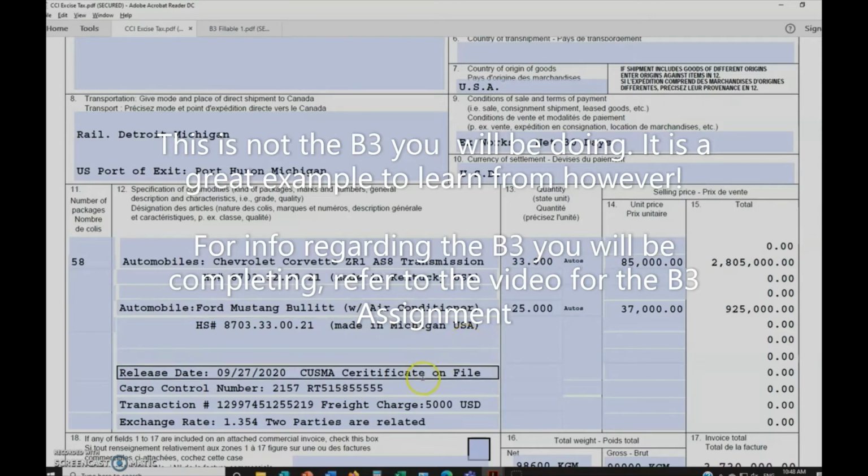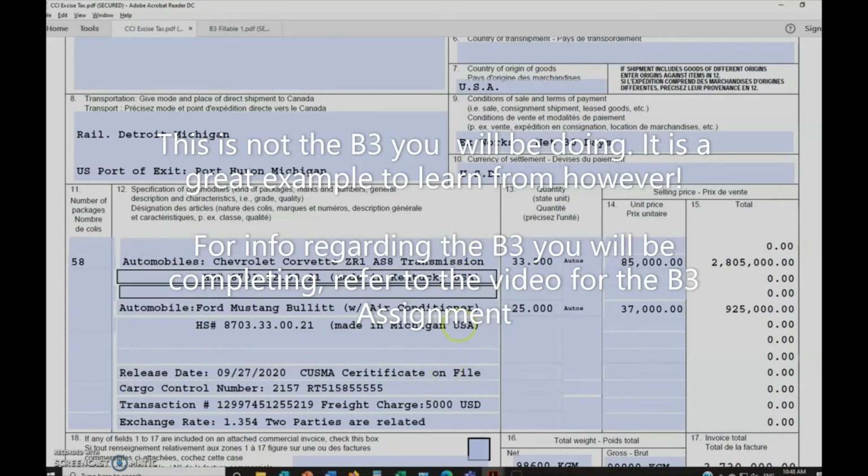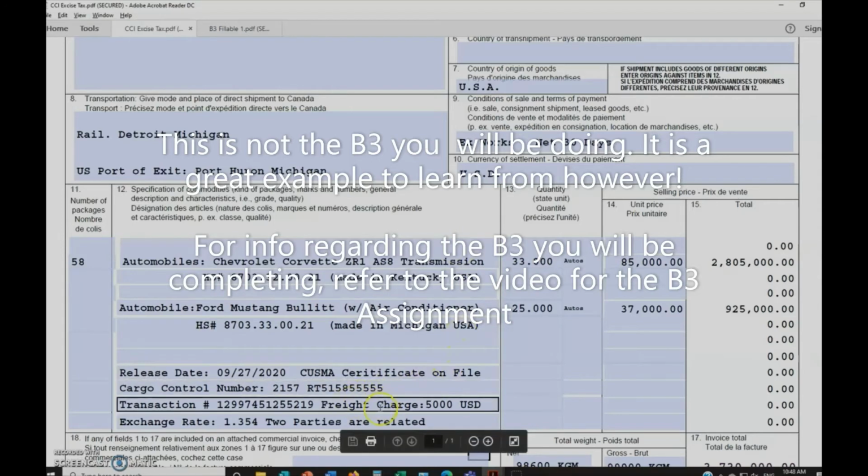we got the release date. We've got a CUSMA certificate on file. That means the goods qualified for the Canada-US-Mexico agreement, which replaced NAFTA. That means the goods are from the USA. That means the goods are tariff treatment 10. 10 is no longer NAFTA. 10 is CUSMA from the United States. Okay, you got the cargo control number, transaction number, the freight charge, the exchange rate, and the 2 parties are